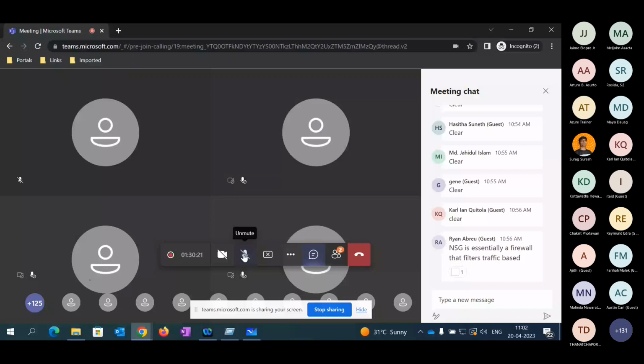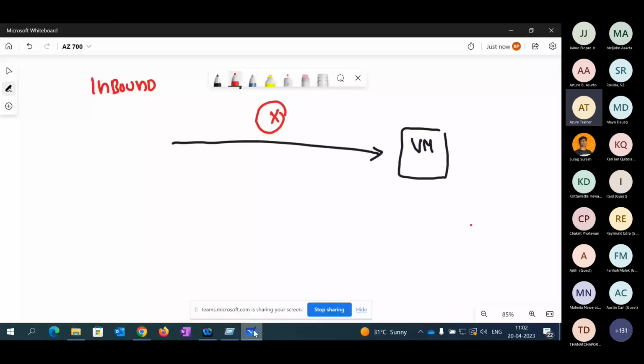I'm back here. What I'm trying to say here is, when you configure an NSG or a network, by default the VM is blocking all the inbound connections. But it's been blocked to you.